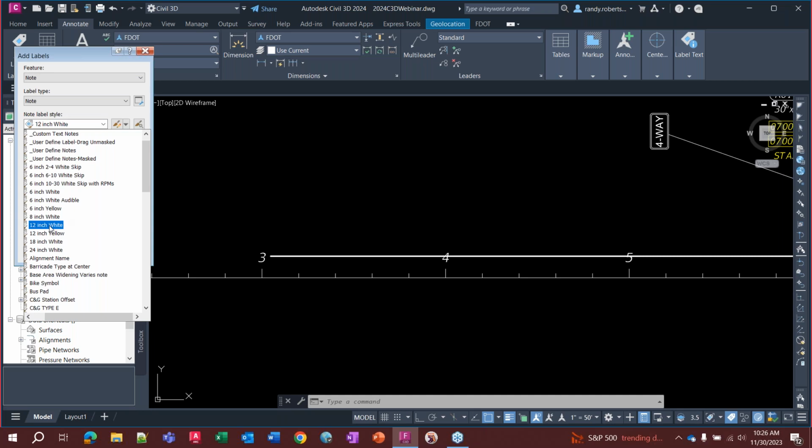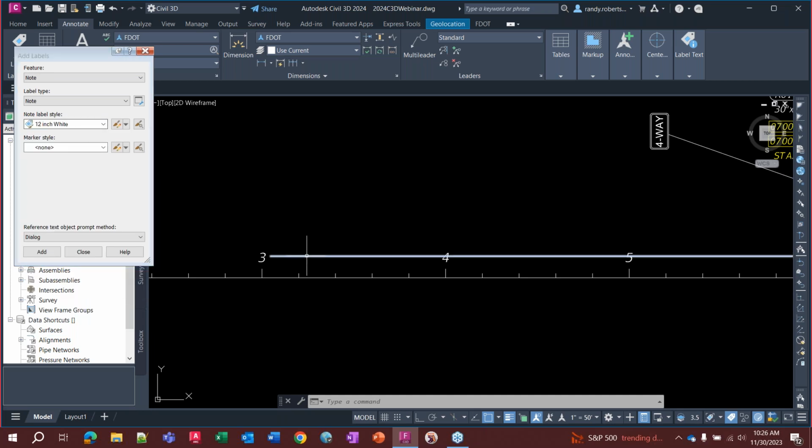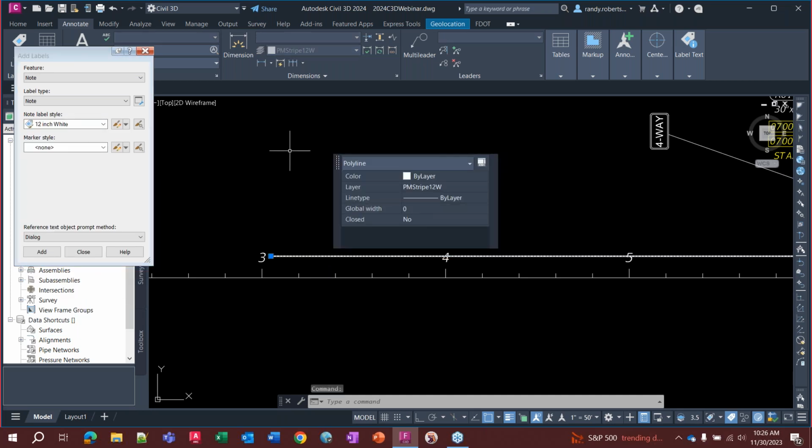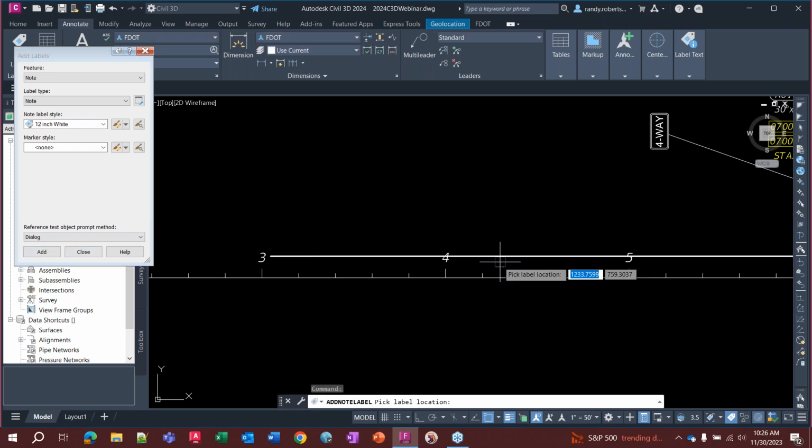So I think, was that a 12-inch? Yeah, 12-inch. So I want to label this 12-inch white. Select add, pick the label location,